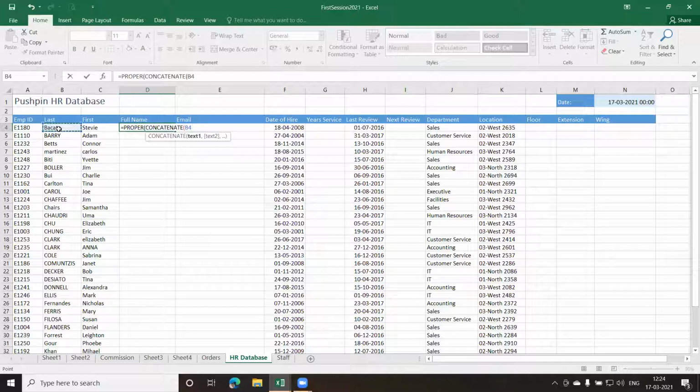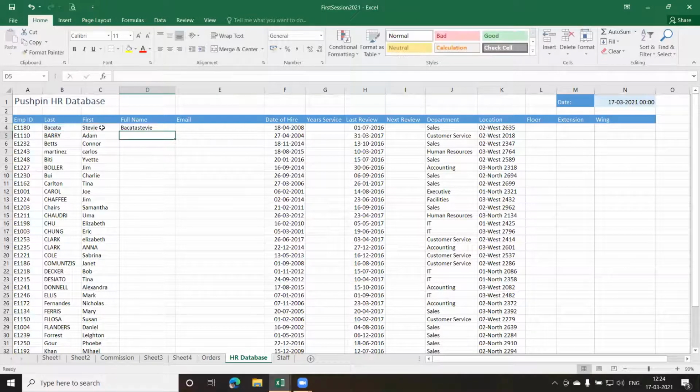I'll select the first cell which I want to use, put the comma, and this is my second parameter, that is C4. Now, if I do this, what is going to happen is between the two names, there won't be any space. So let me show you this. I press enter and one more round bracket. I press enter. You can see this. There's no space in between.